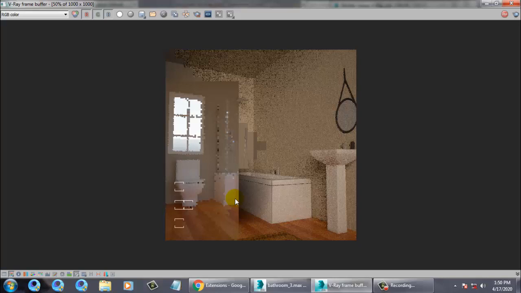We can generate an extra pass for your atmospheric shadows, for your atmosphere.